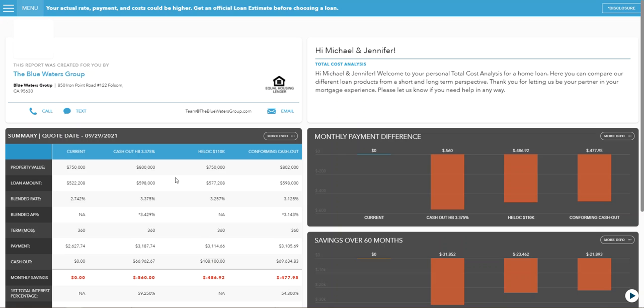What that translates to is the interest rate's approximately 0.25% higher. So if we wait 5 weeks to close the refinance, then we could potentially increase our loan amount to $598,000. And I'm expecting that the new limit is going to increase from $548,000 somewhere to the $590,000 to $620,000 range,